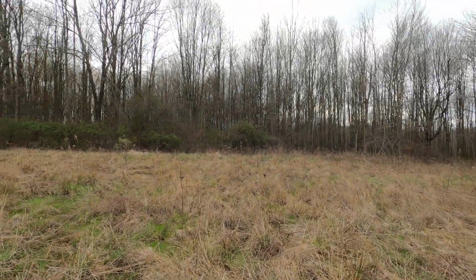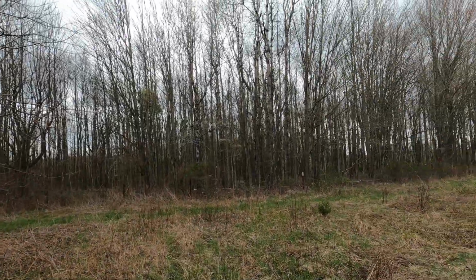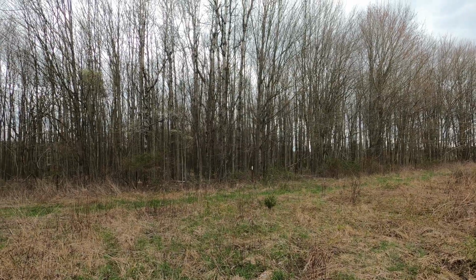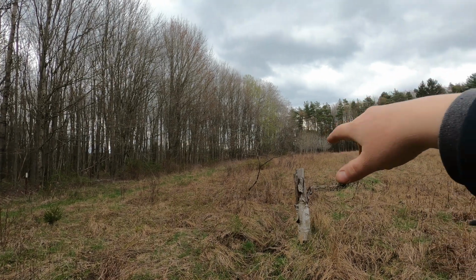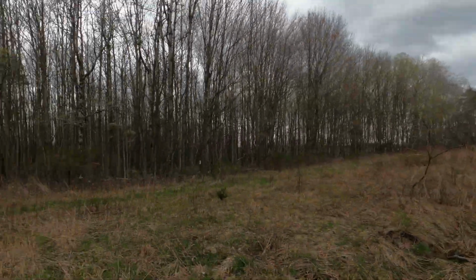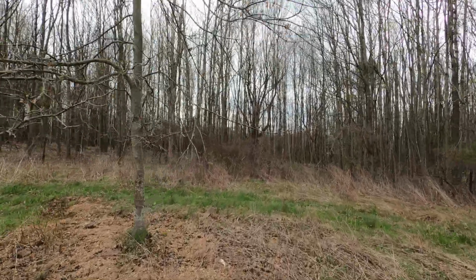I've also got some pines that I've planted. So we've got the neighbors that come up and hunt right on the edge here, and I just wanted to maintain our privacy and let this whole lower section grow up. I've got a stand of poplars that are coming in down there, so I wanted to let that grow in a little bit. I still have a small food plot up in the top, but this